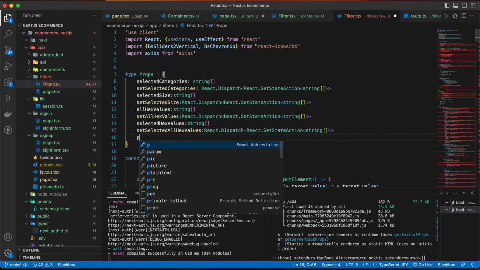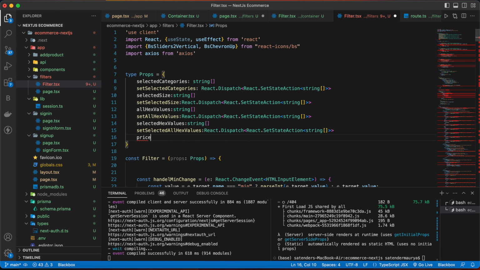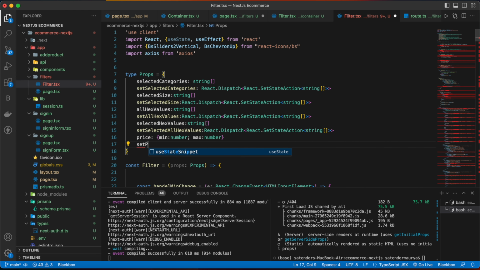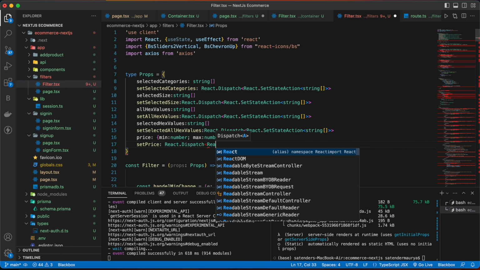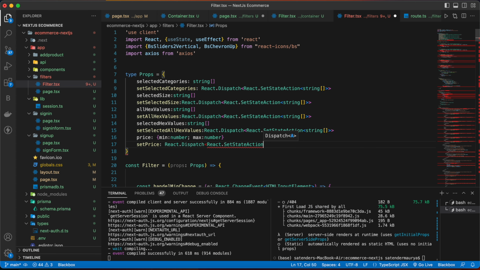Then we are going to write price, and it will have min value, which will be number, and max value, which will be number, and setPrice, which will be the type of React.Dispatch React.SetStateAction min number, max number.